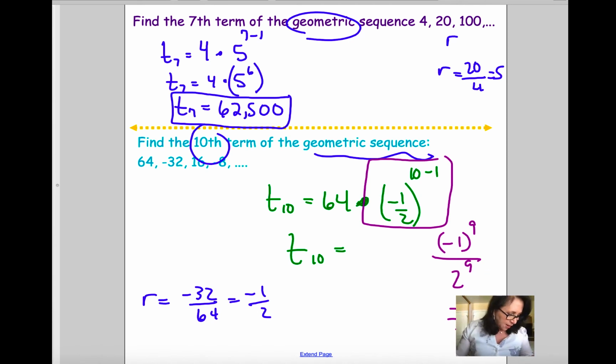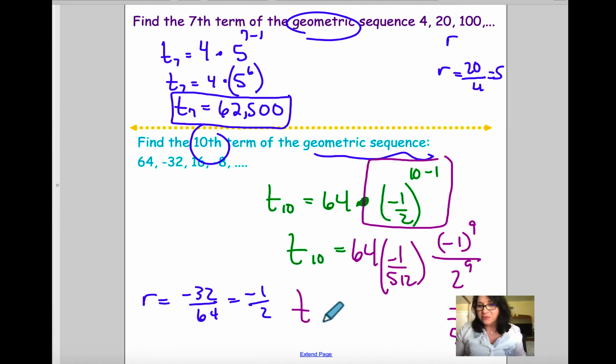I can figure that out. 512. It is 512. Okay, so that's what this value right here is. So you're going to go 64 times negative 1 over 512. So that means my 10th term is equal to negative